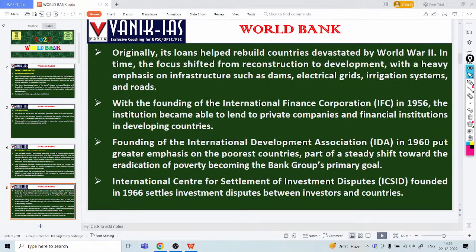So I have told it to you. Originally, its loans helped rebuild countries devastated by World War II. In time, the focus shifted from reconstruction to development. After the reconstruction was over,